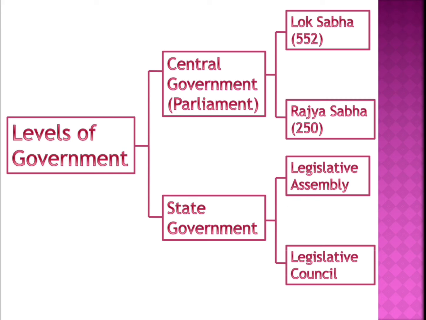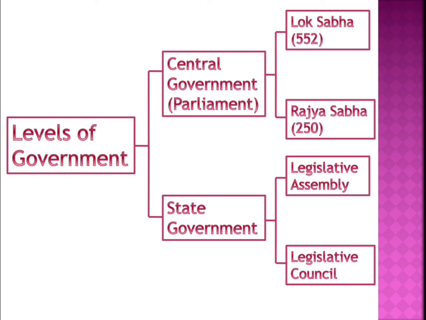In 6 states we have legislative assembly and legislative council also. It's the same way as Lok Sabha and Rajya Sabha. First in the legislative assembly, the positives and negatives, how it can be rectified, all those will be discussed, and then it is sent to the legislative council, and there also again they'll discuss, and then they introduce the law into the state. So Lok Sabha is the lower house, Rajya Sabha is the higher house, isn't it? In the same way, legislative assembly is the lower house, legislative council is the upper house.